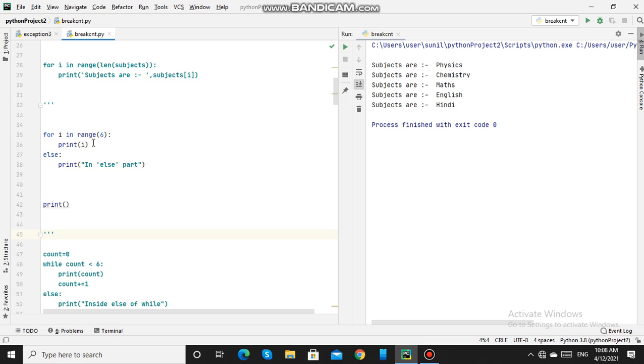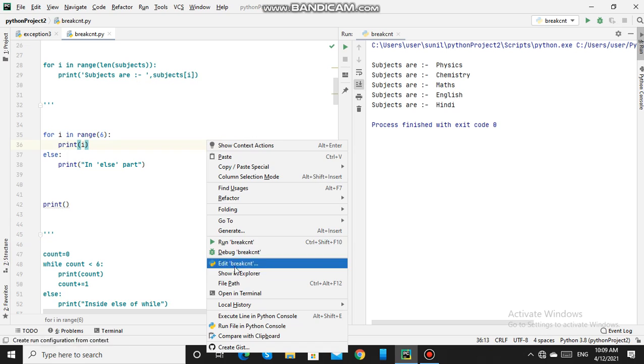It will print the value of i. And after printing all the values of i, this loop is terminated normally. There is no break in this. So whenever the loop is terminated normally, after completion of the iterations, it will go to this else and print whatever is there in the else also. Here it will print in the else part.